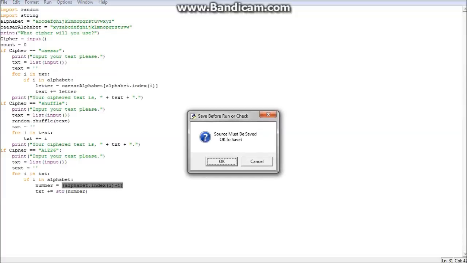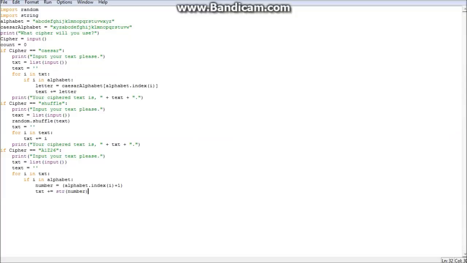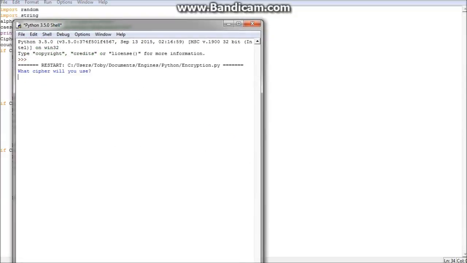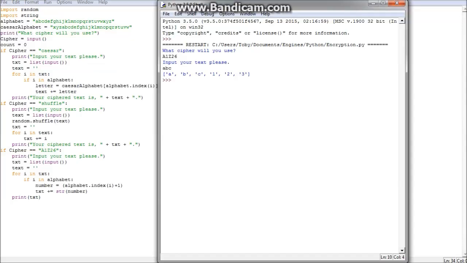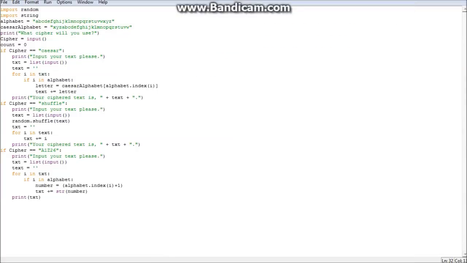And now run the program. Oh yeah, you want to cancel. I want to print it out as well. Print txt, and then you can just write the end, like, your cipher text is whatever. What will your cipher use? I will use the A1Z26. Input your text here, please. Okay, so if I do ABC, okay, I know what to do. It's very simple. I've just made it so it's actually the text one that we didn't add to. So now if we do that, and then we run it,